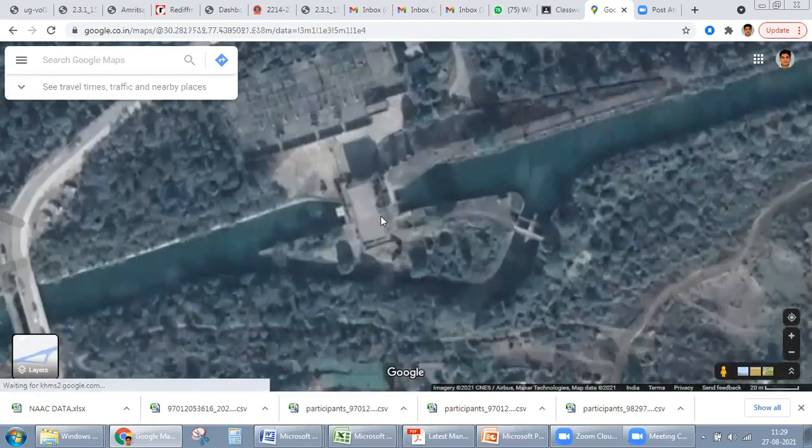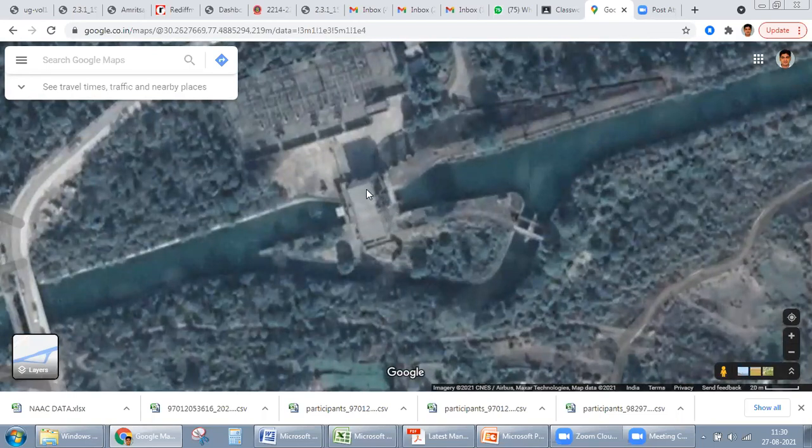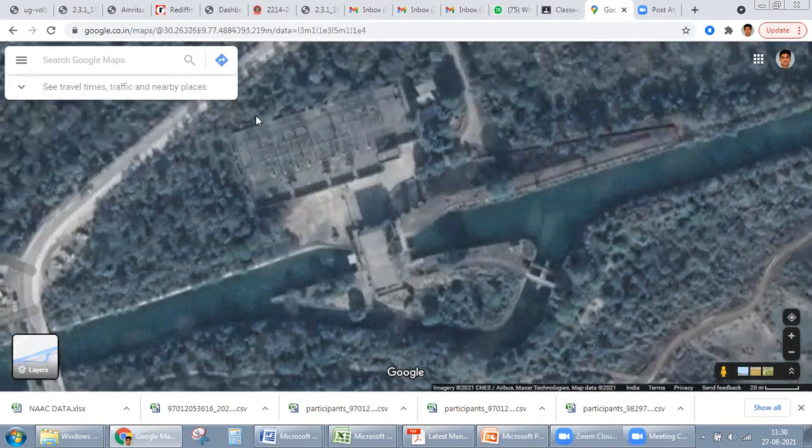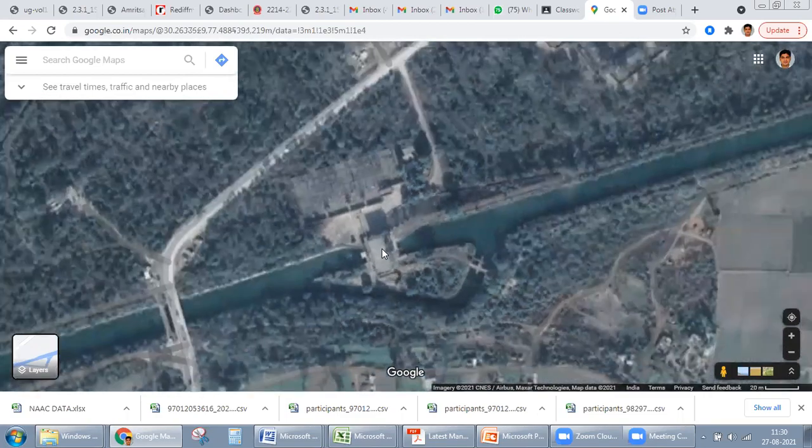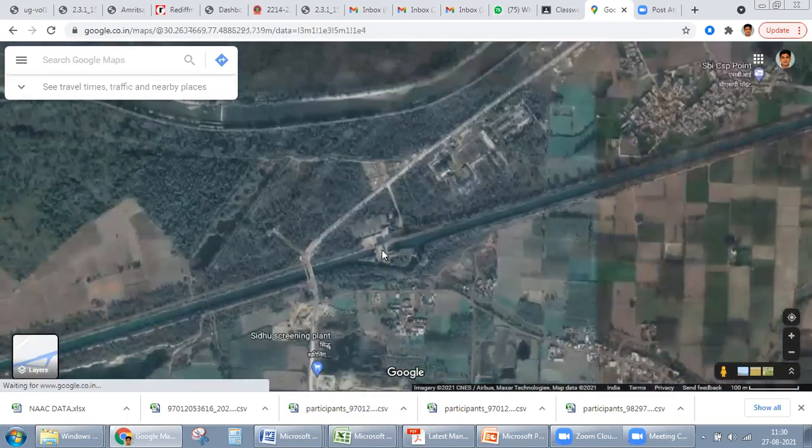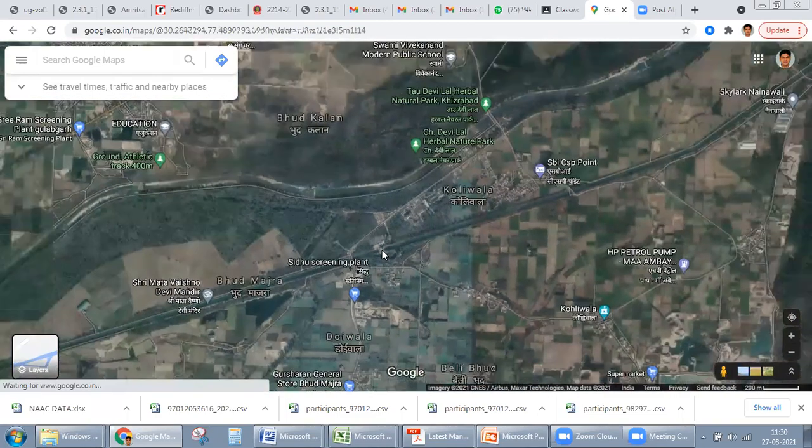Again, what you see over here is a powerhouse building. Its shadow is visible over here. So you can just imagine the height of this building, because a lot of other activities are also to be carried out. And you can see this power grid also somewhere here. So like this, you can always locate where these canals are going and what the irrigation structures or other structures installed over here are.